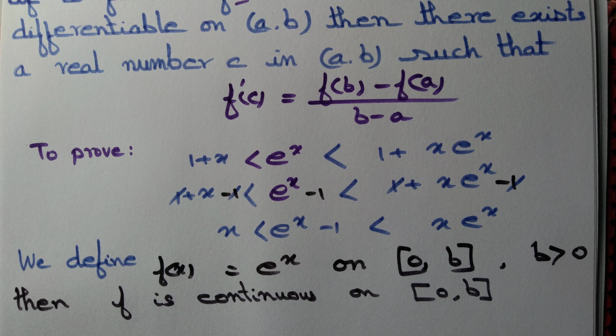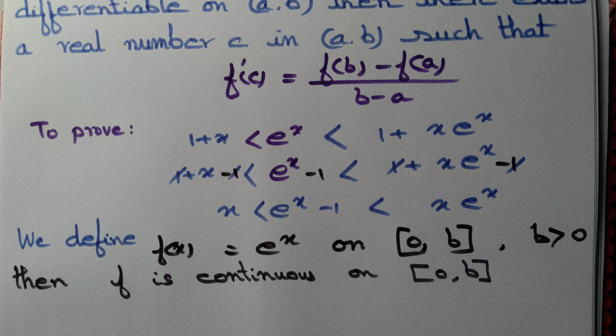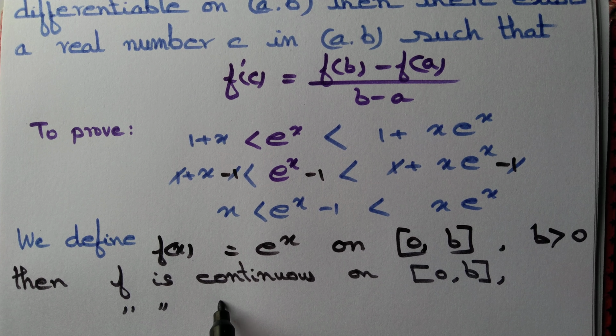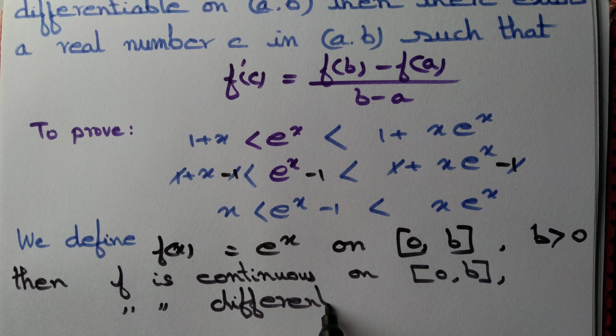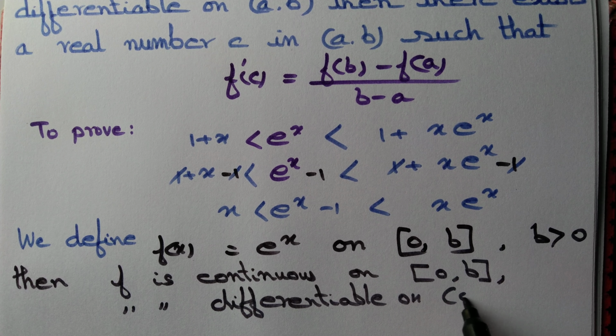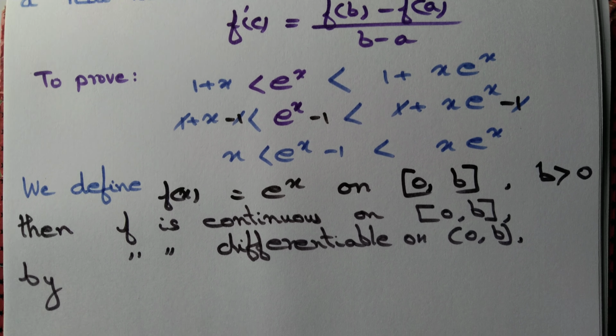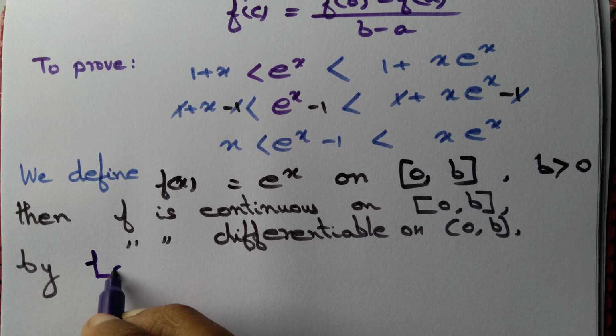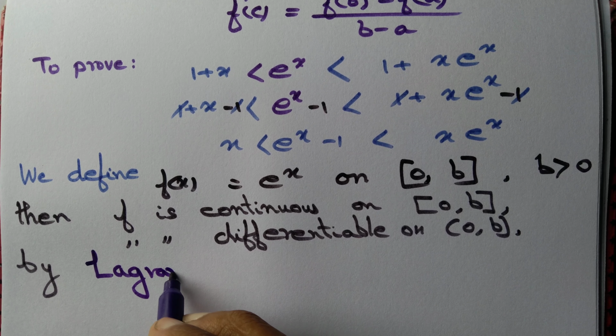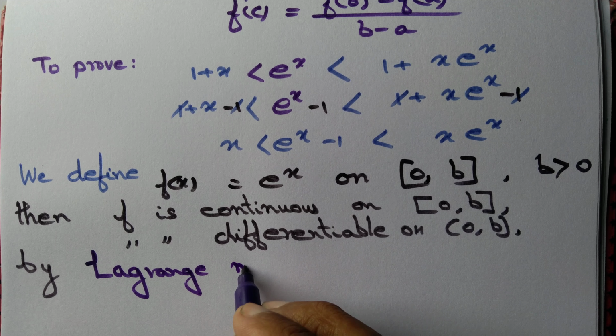The exponential function is continuous throughout R, so it should be continuous in this interval as well. f is differentiable on the open interval (0, b). By Lagrange mean value theorem,